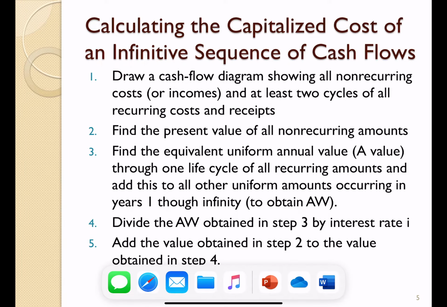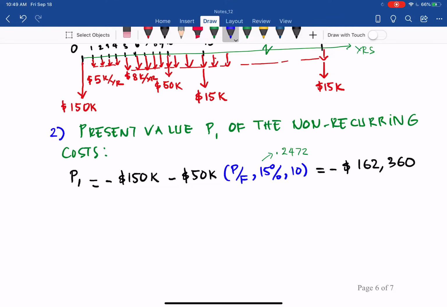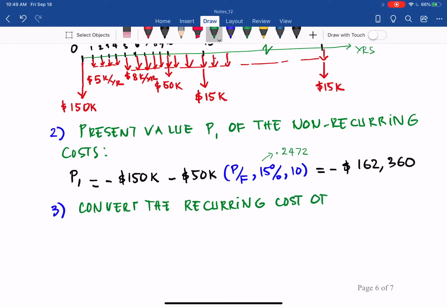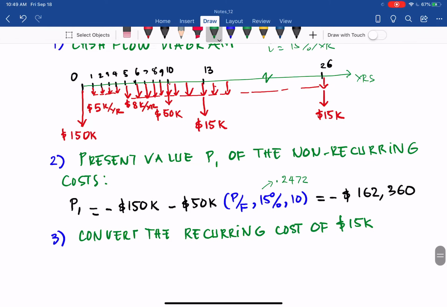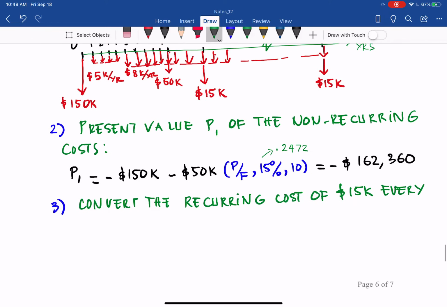And step number 3, based on the slide here, find the equivalent uniform amount, A value, of all recurring amounts. Okay, so with that, we have that one. Step number 3, we convert the recurring costs of 15,000. Because it occurs every 13 years, we say equivalently how much for that every year. So 15,000 every 13 years into every year. So into annual